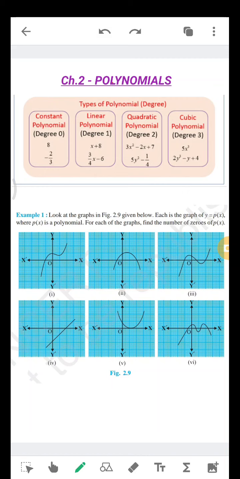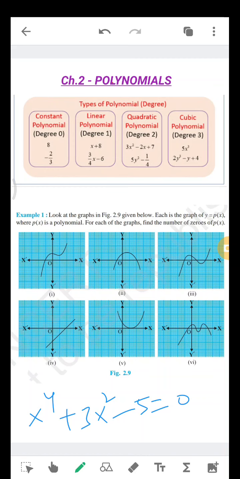Yeah, we discussed all this. Linear polynomial, quadratic, cubic, and if the degree is 4, it is called biquadratic polynomial. If the degree is 4, like if you have an equation, say x power 4 plus 3x cube minus 5, something like this, we call this type of polynomial biquadratic. What do we call them? Biquadratic polynomials. So now we are going to start the concept of graphs.